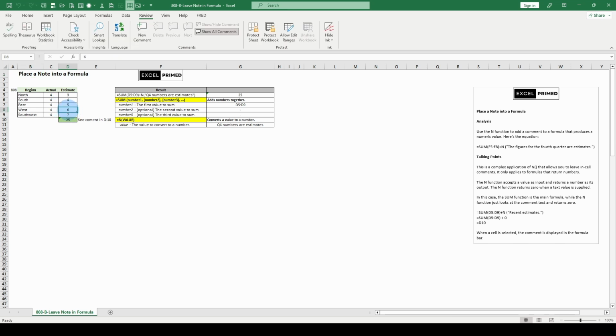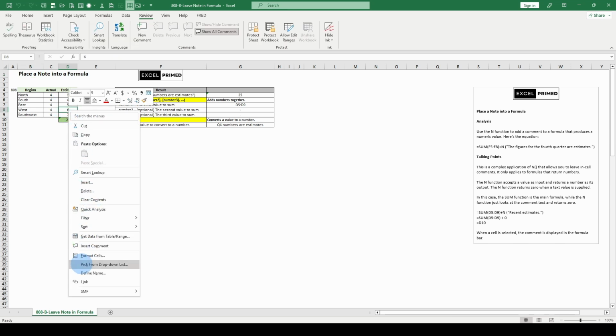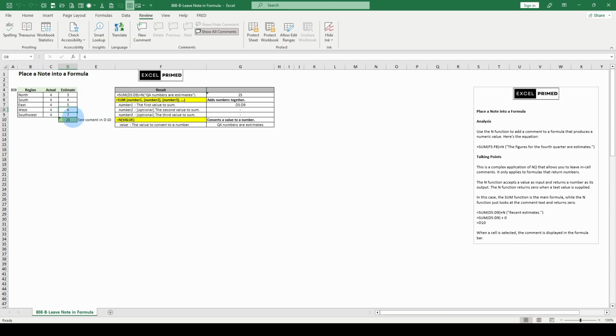You know, we can go in and hit right click, insert comment. Here, in this particular demonstration, if you will, you can actually put this comment, recent estimates. All right, so whenever you look at this formula, this is the output. Okay, recent. You notice how we have 6 here? Well, it's going to show some N plus and